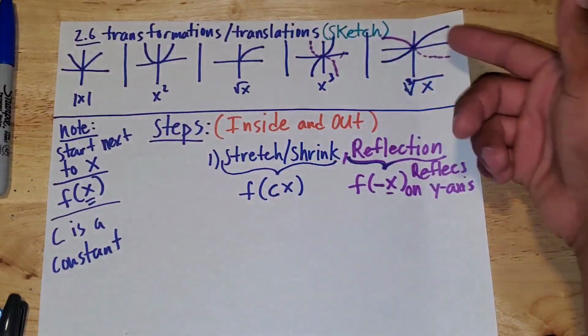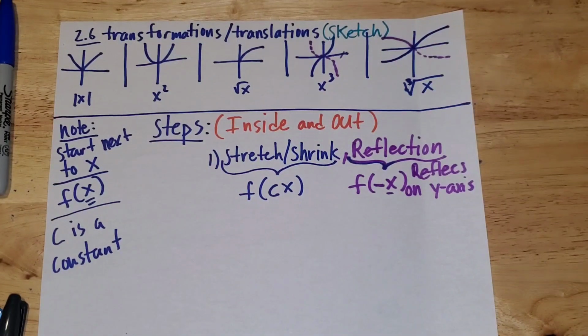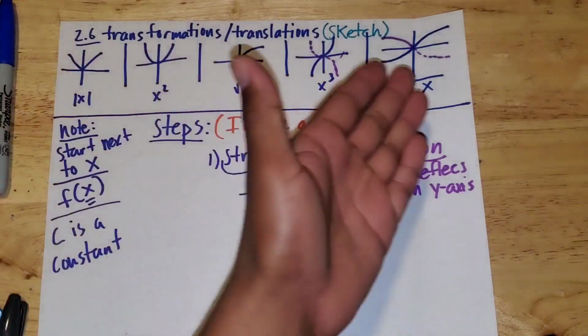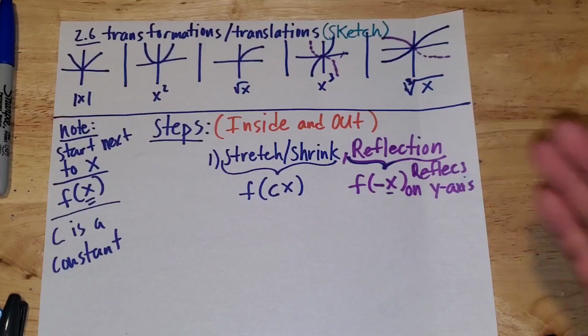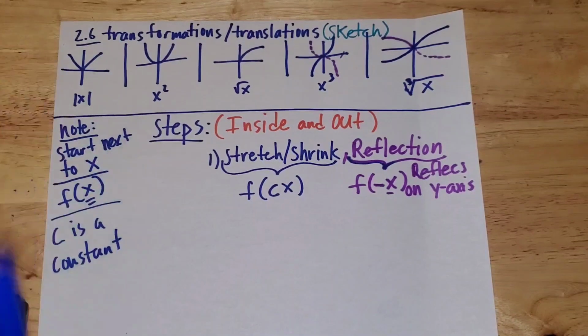Like here, I did a rough sketch of this reflection, and that's what I want. You have to be able to recognize what function we're looking at, and then I want you to do a rough sketch of it. If I asked you to graph, you could just graph a bunch of points and then you'll have your graph. The idea for me here is just understanding how the function is behaving and what the translations are doing to it. And if you want to be more precise, I can show you with a couple points that we know, and we can follow those points along the translation. But now,